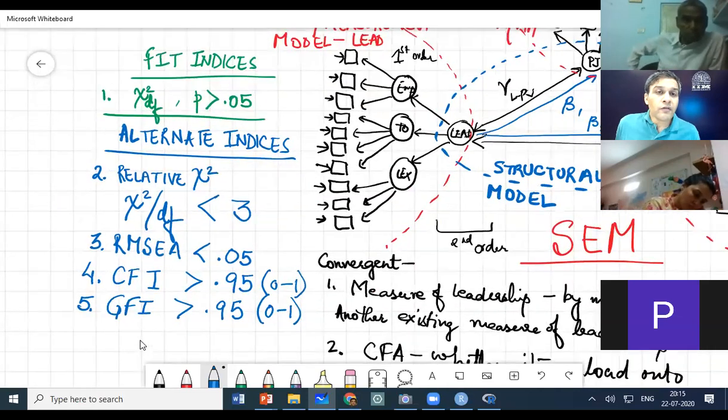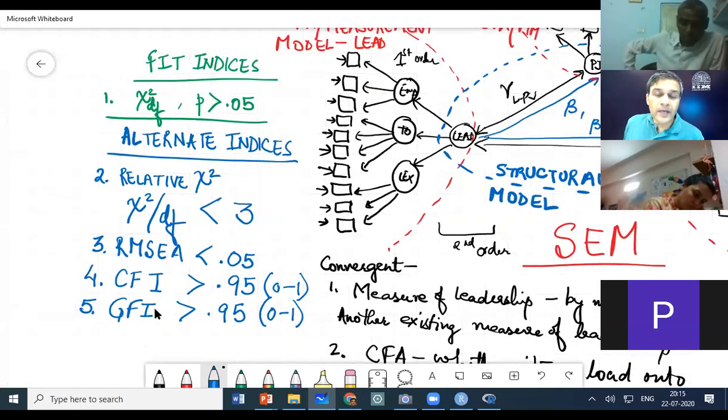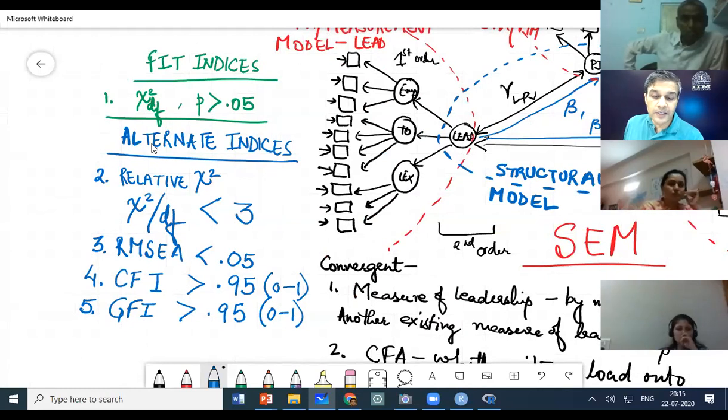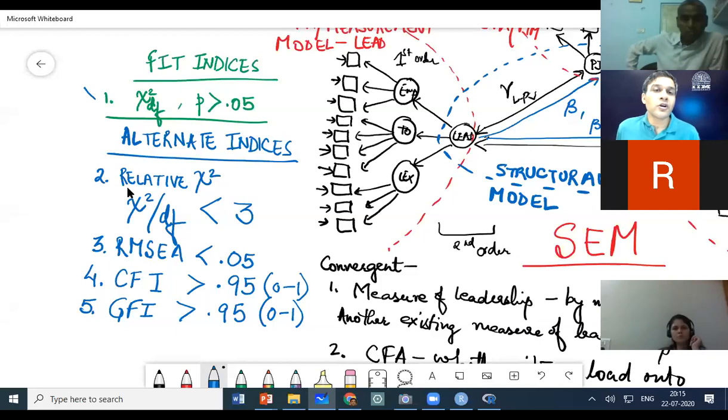So if your chi-square test passes, this first condition, then you can close your eyes and believe that 2, 3, 4, and 5 will also pass. There is no way these will not pass.